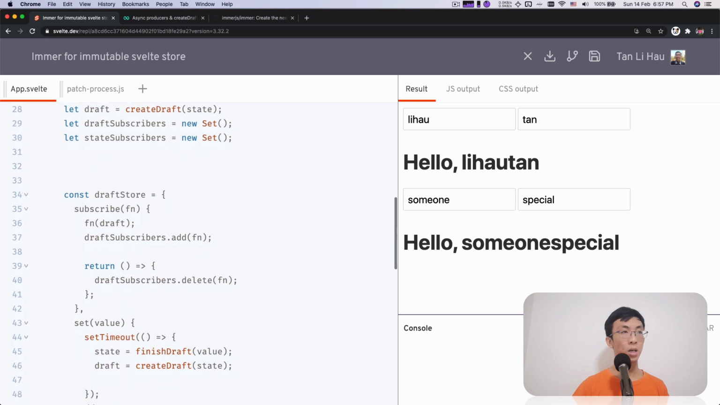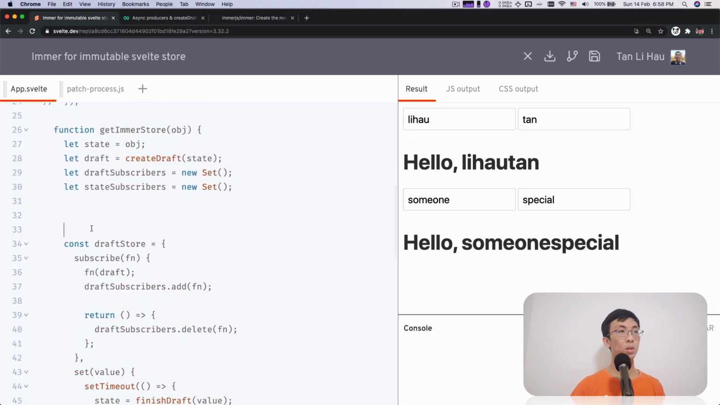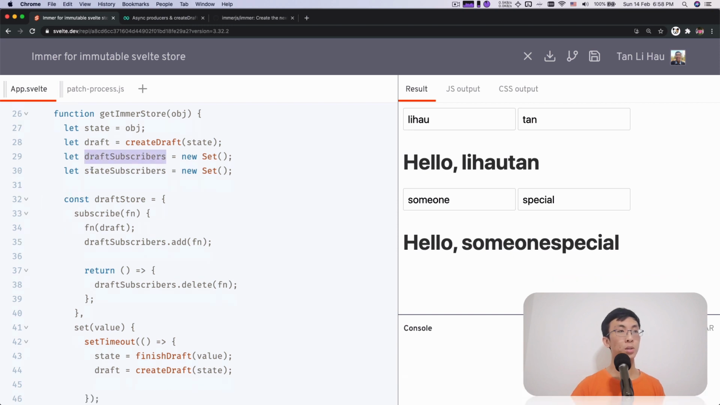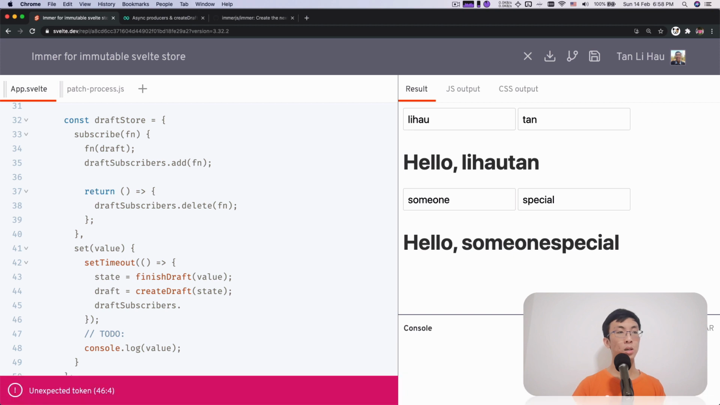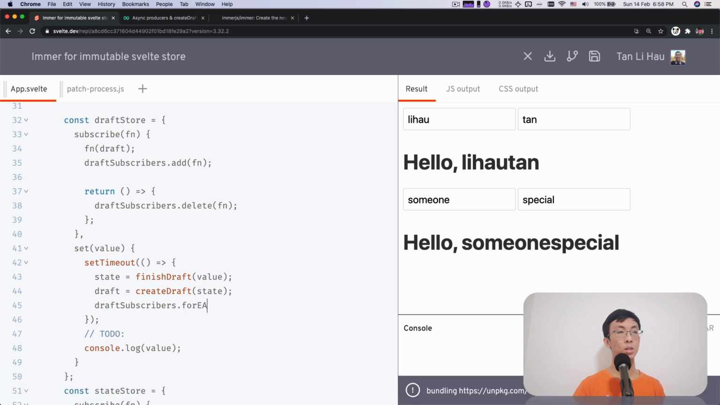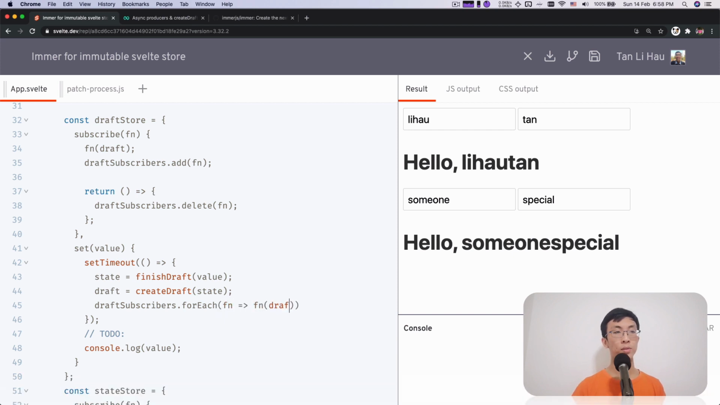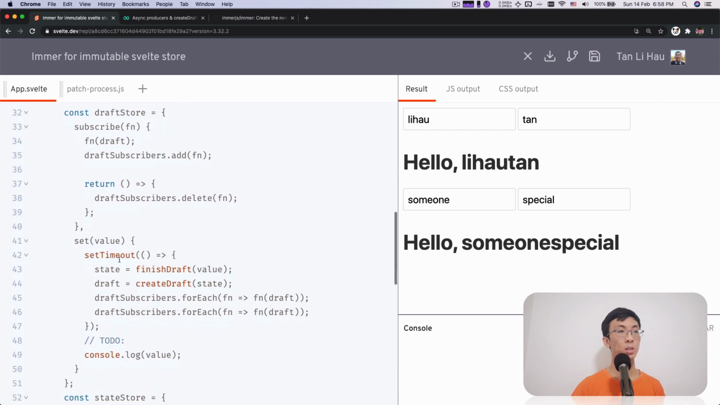and then I need to notify all the subscribers. So I'm going to come over here, draft subscribers dot for each, and call it with the draft object, and do the same thing for the state subscribers. Call it with the new state,